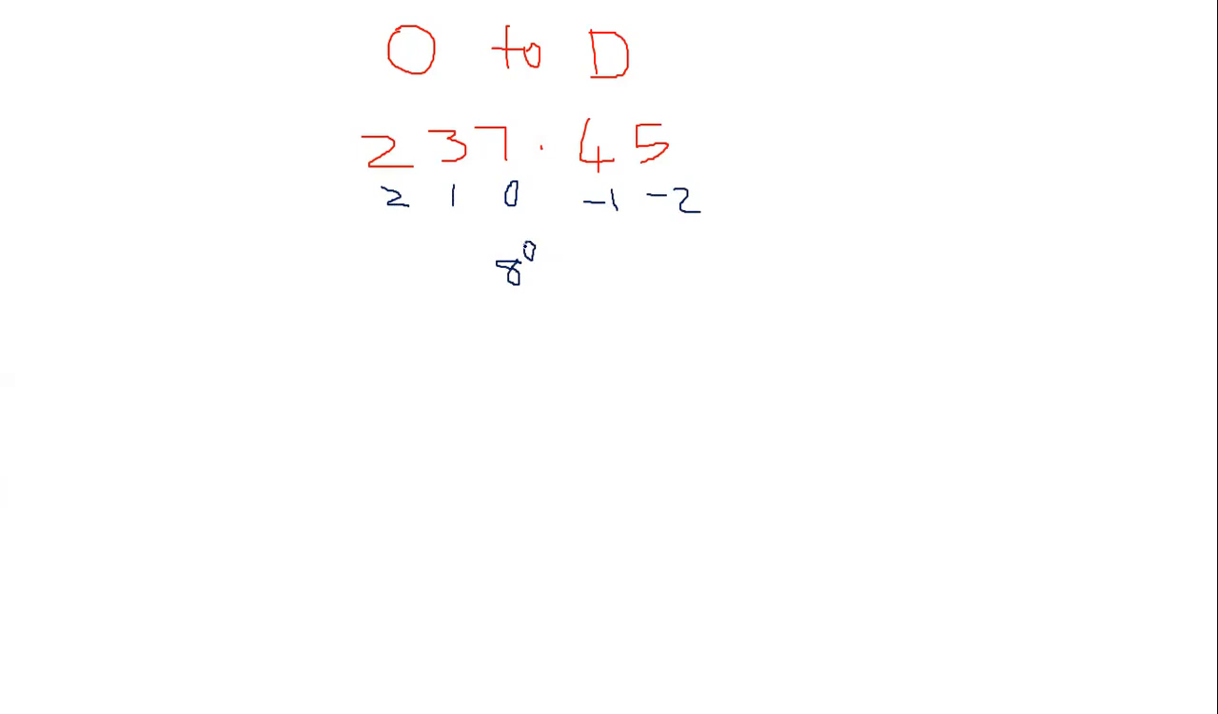So 7 has to be multiplied by 8 to the power of 0. This has to be multiplied by 8 to the power of 1. This has to be multiplied by 8 to the power of 2. Then 8 to the power of -1, 8 to the power of -2. So frame the expression. First value is 2 into 8 to the power of 2